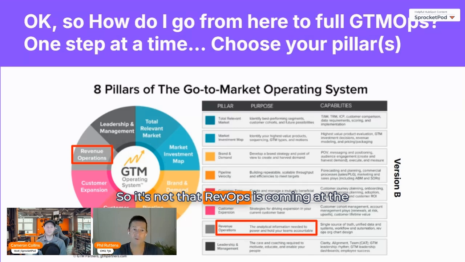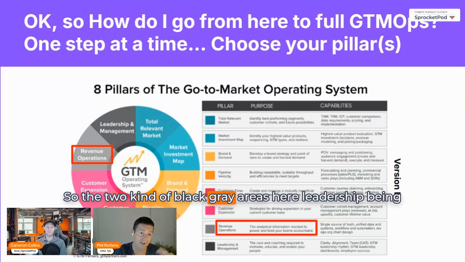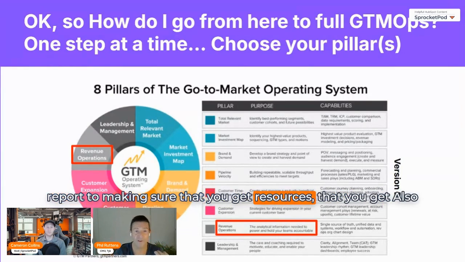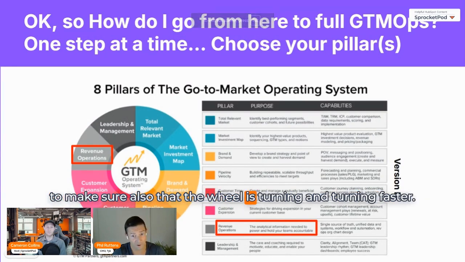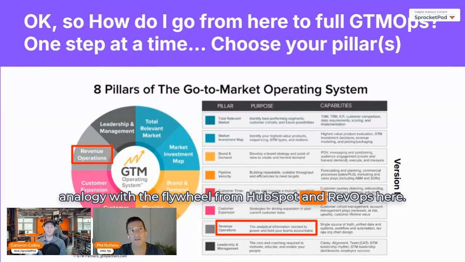So it's not that RevOps is coming at the end and, hey, give me what you've got, guys. No, RevOps, like leadership, so the two kind of black-gray areas here, leadership being the sponsorship, as I mentioned before, but also where you report to, making sure that you get resources, that you get also integration. The leaders, whether it's C-level or not, are responsible to make sure also that the wheel is turning and turning faster. So that's the way I interpret that GTM ops wheel, which again, analogy with the flywheel from HubSpot and